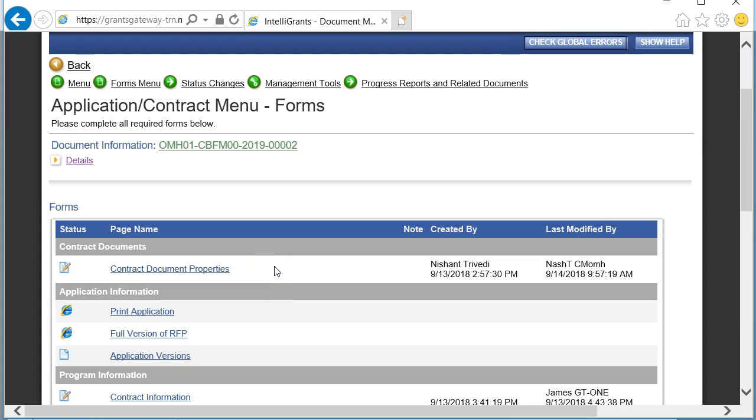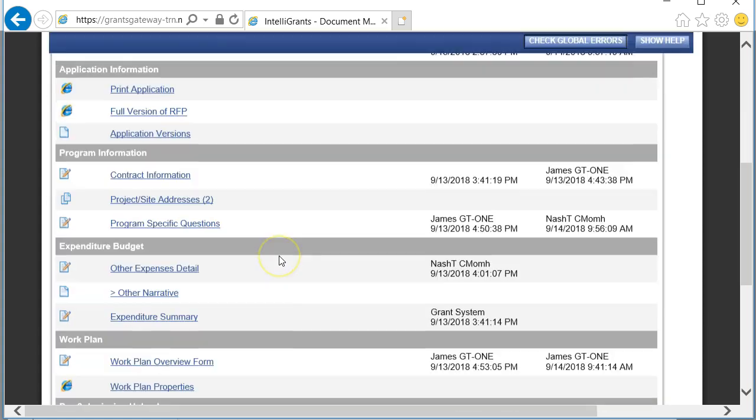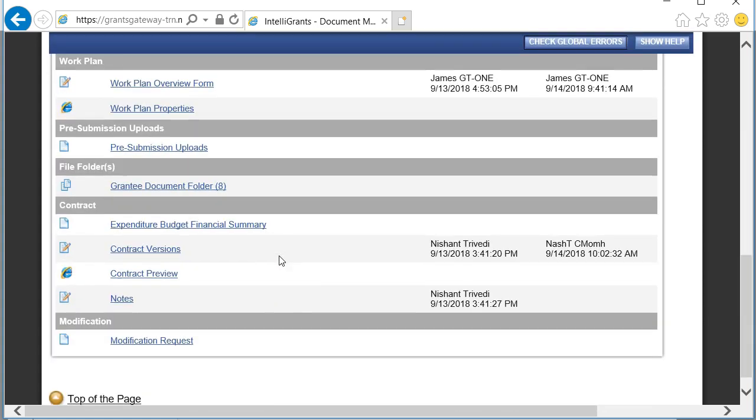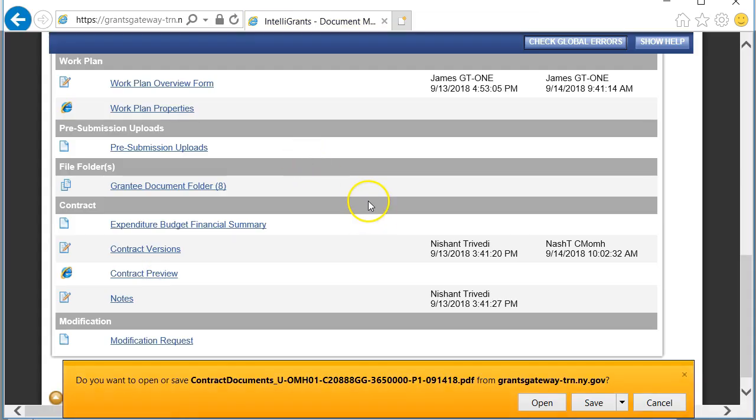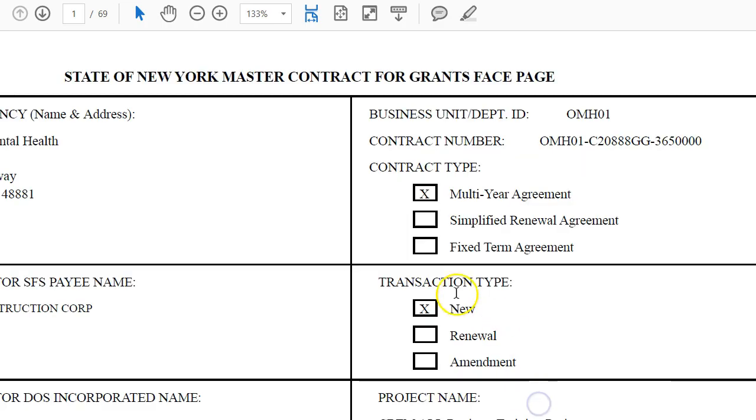One thing you want to do before you sign off or submit your contract is to do a contract preview. This will give you a PDF preview of your contract with all the information that you've entered in up to this point. That's found in the Forms menu as well. If we scroll down in the Forms menu, down to the Contract section, you can see a section called Contract Preview. If you click on that, it will generate a PDF of your contract, allowing you to open it